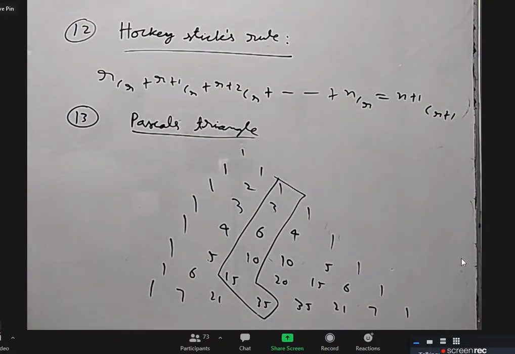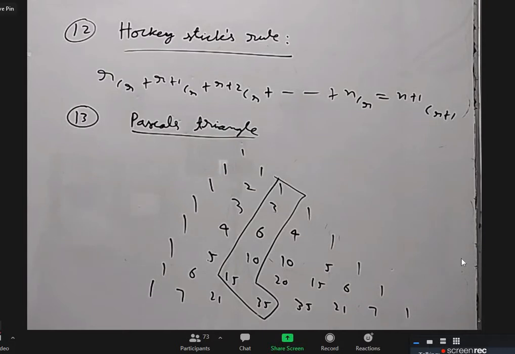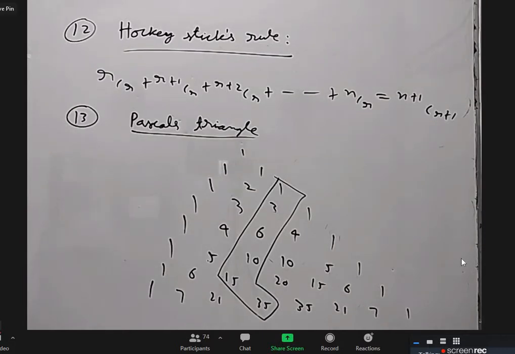So they call it Jack rule, Queen rule, and King rule. If a student asks any doubt, they will tell just use Jack rule or just use King's rule. So sometimes names for the formulas are good so that it's easy for the teacher to tell which formula to use. Like that, this hockey stick rule is good.